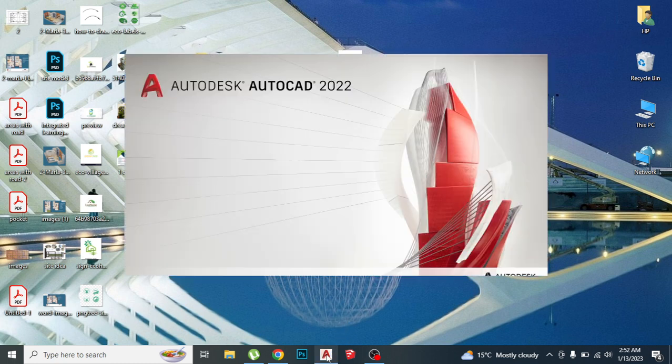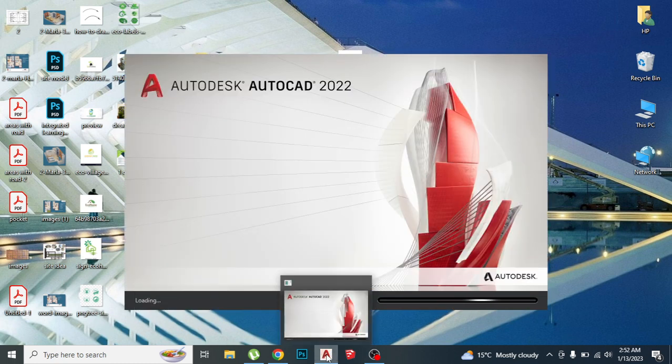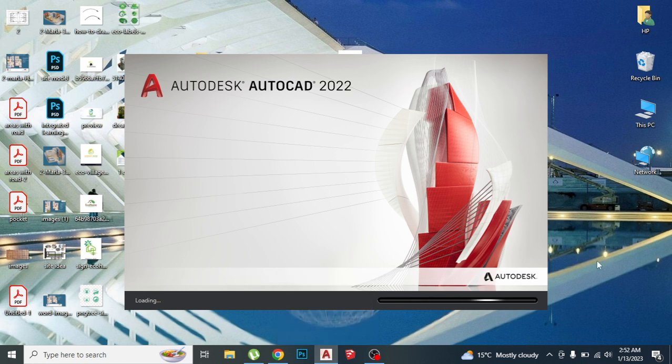So I would go to the icon and click it and wait for several seconds, so it will open our file.